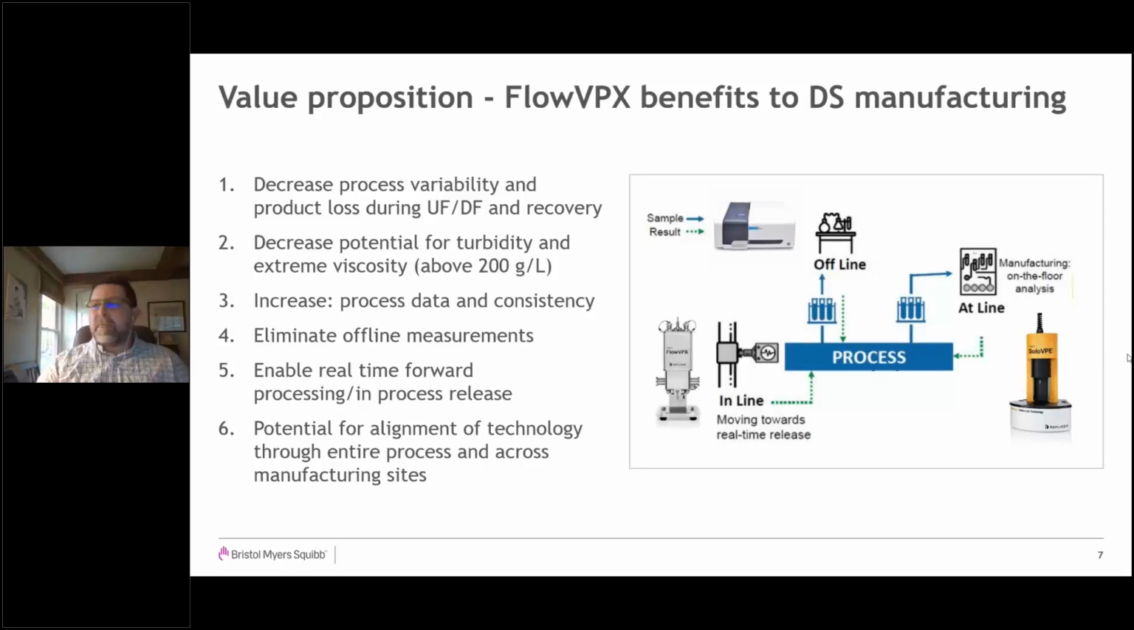Why can't you just pull a sample and go test it, say with your Solo VPE or have QC? The reason is that it's wise to incorporate inline A280, particularly to decrease process variability and product loss during UFDF and recovery. Without measuring the concentration inline, I may need to stress this point a little later on, but there's a holdup volume, and when